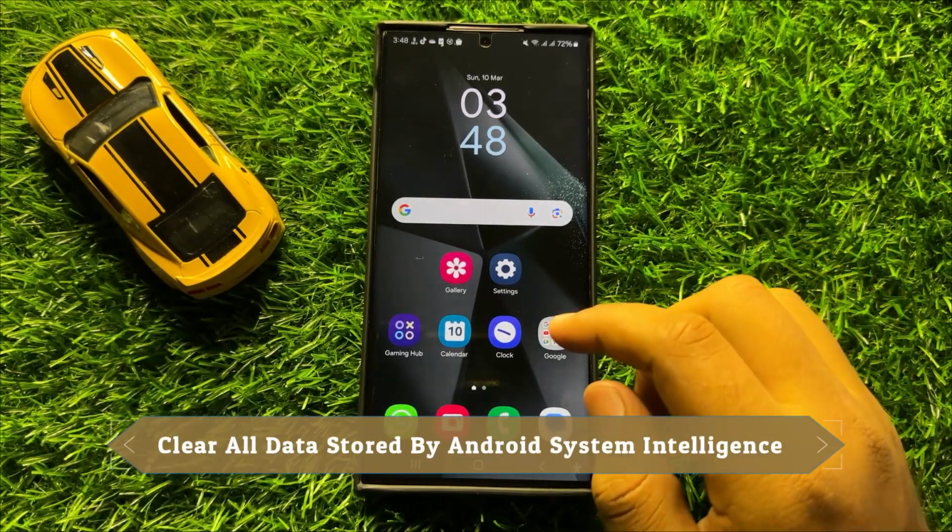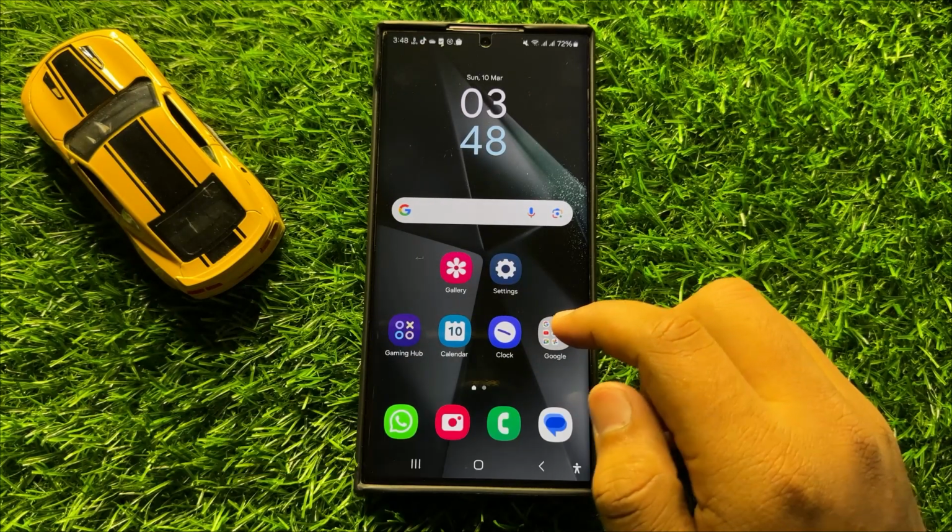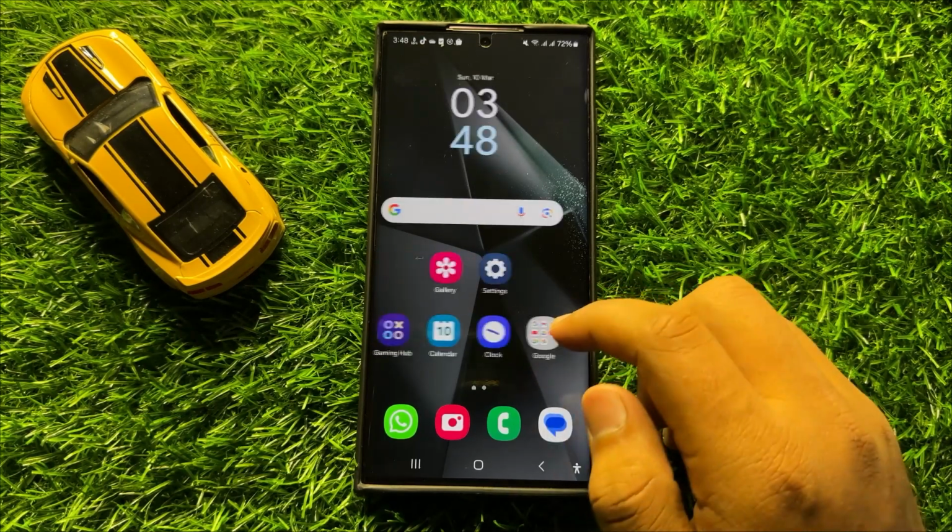Hello everyone, in this video I will show you how to clear all data stored by Android system intelligence in